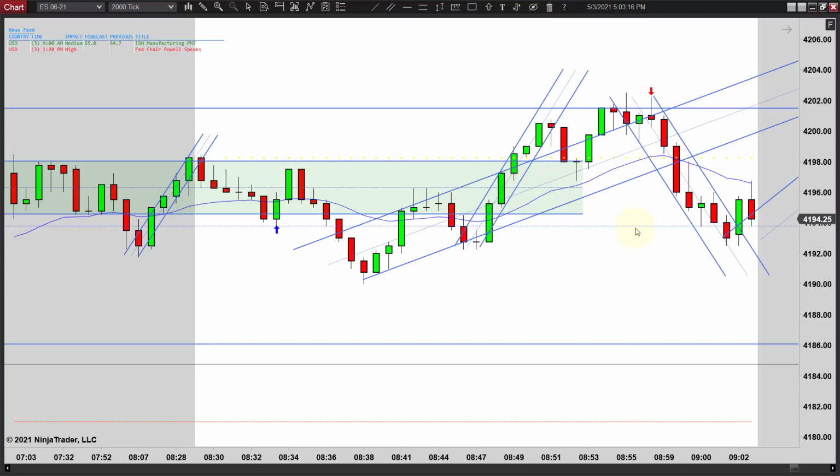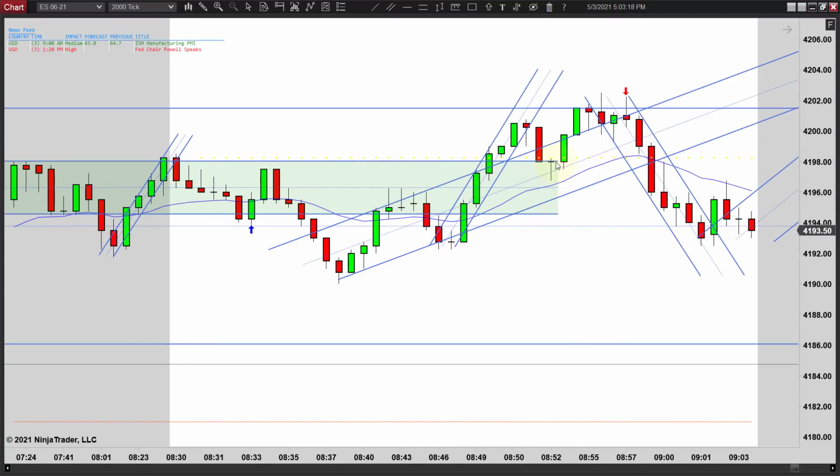But we just continue to go sideways. There is a failed second entry short here. Notice that new swing low, it's lower than the last one. So first entry, second entry, and it does bounce off the highs. I didn't mark this one